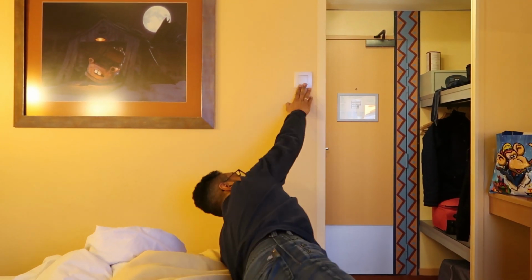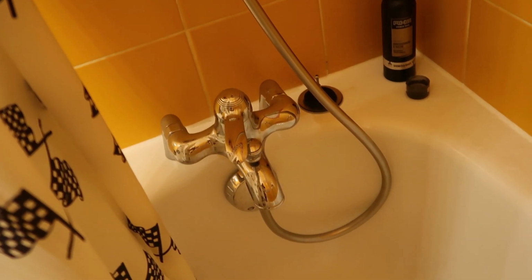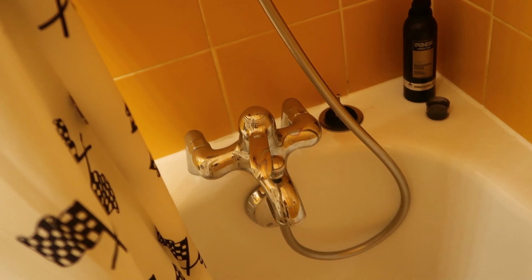Ceiling fan, and that's operated over here. Oh, that's the ceiling fan, yeah. Another thing that we would like to mention is that the shower is amazing. There's a lot of pressure and it's hot within no time, so we can highly recommend taking a shower because